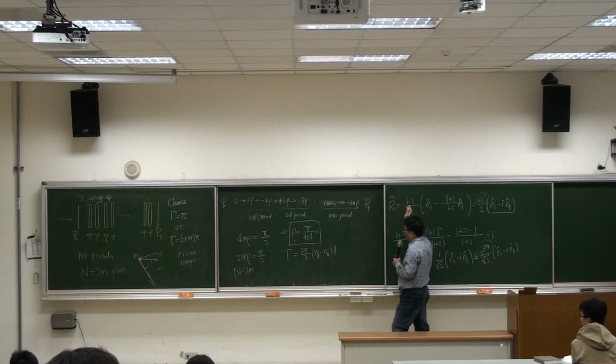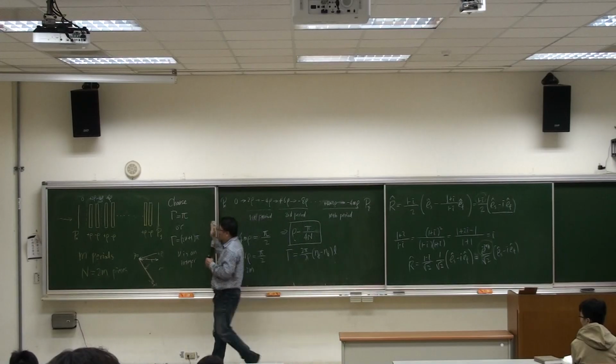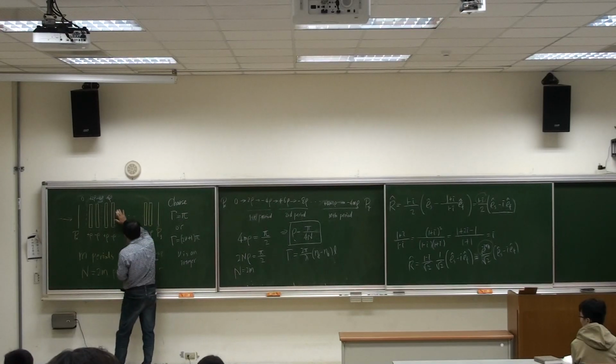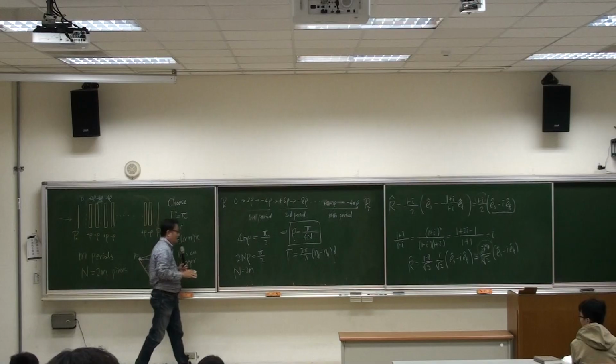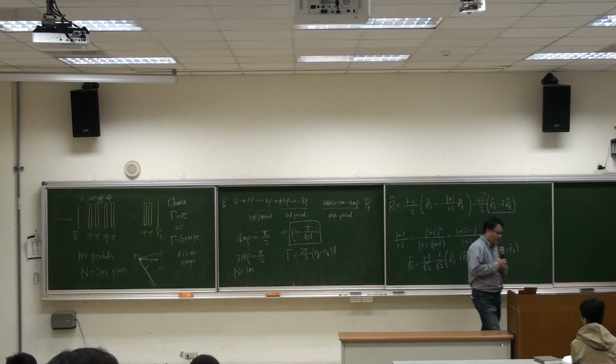Then if we choose rho to be equal to pi over 4n, the light can penetrate through the whole device completely. Now we want to analyze what happens if